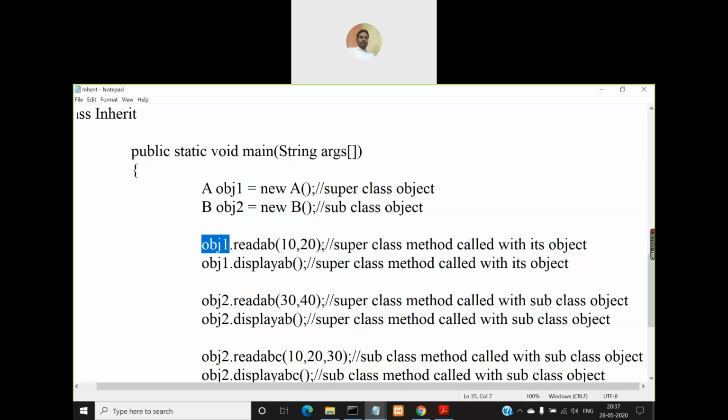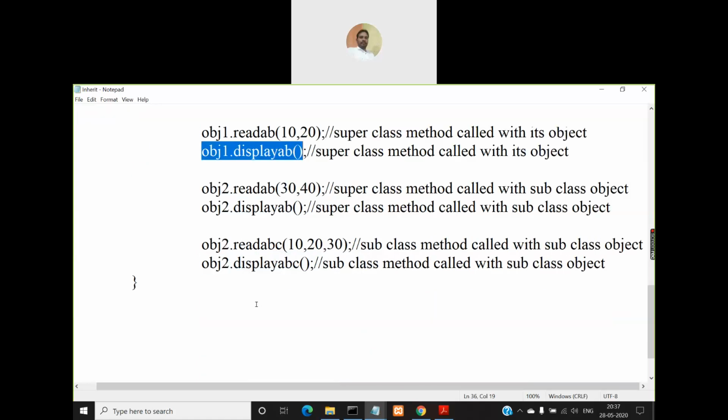This will not have any problem, because obj1 is an object for class A and readAB is a member of class A. I am passing 10, 20 because readAB receives two integer parameters. So this is a valid statement. Next, obj1.displayAB. This method is defined in class A, so I can access it using obj1. This is also a valid statement, and it will display the values of A and B, that is 10 and 20.